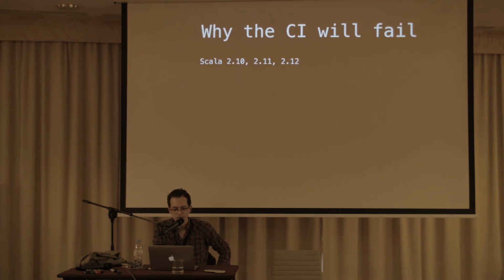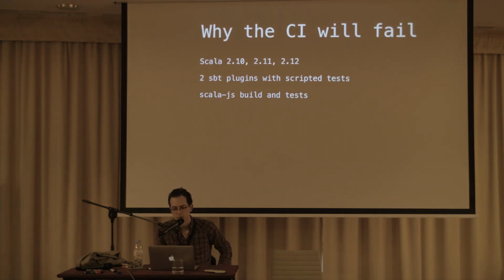It now does 3 Scala versions, and sometimes you forget that things don't compile in Scala 2.10, and you get errors. Then it has 2 SBT plugins with a scripted test, which are extra reasons to have the compilation fail. It's also cross-compiled to Scala.js, which is yet another reason to have things that don't work,